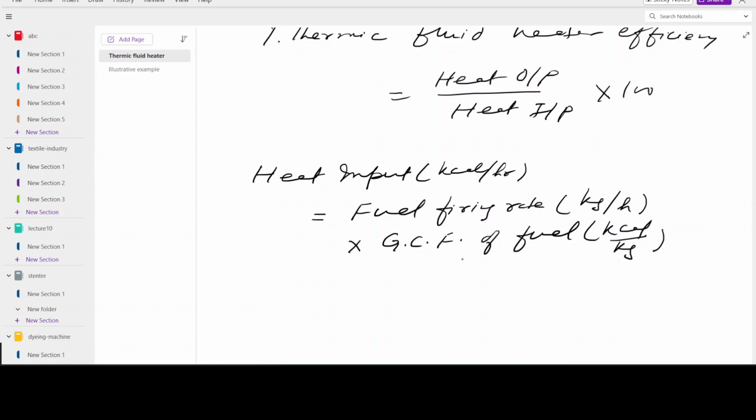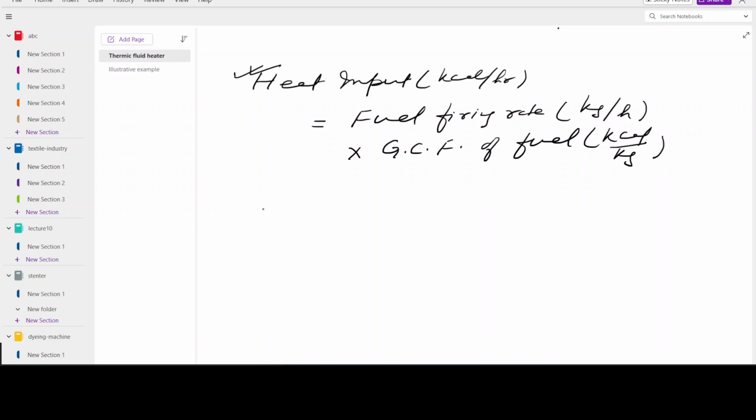Thus we have found out heat input. This is the formula that will be used for heat input, and for heat output,